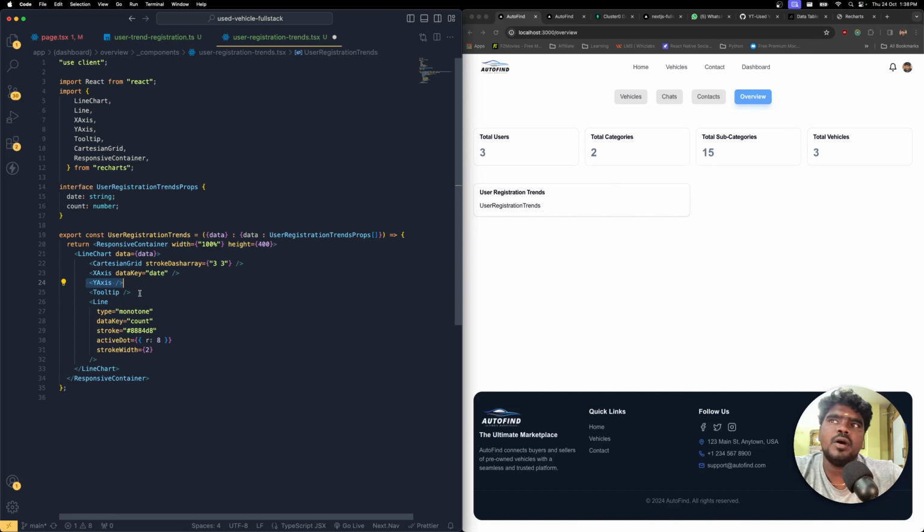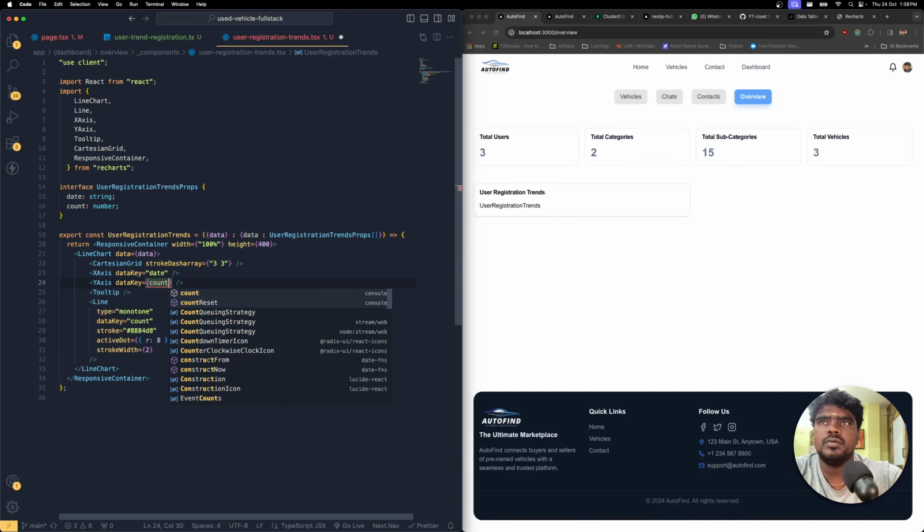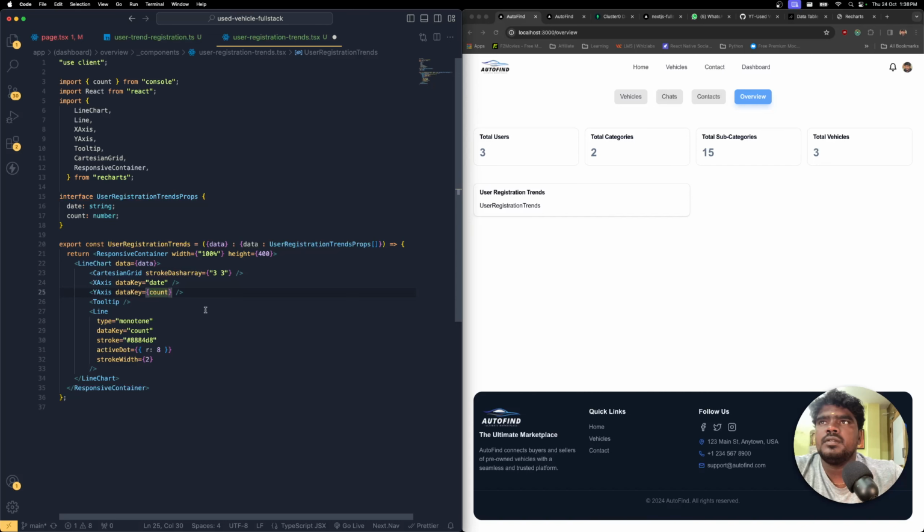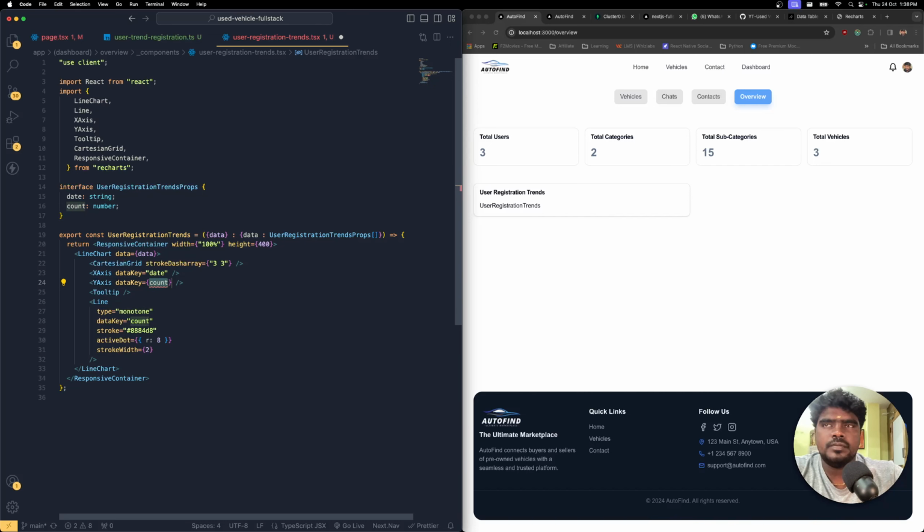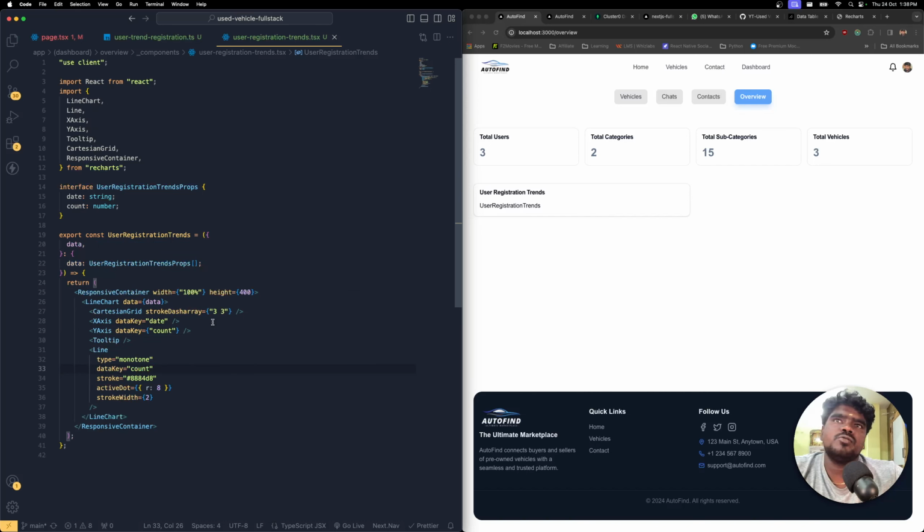For the YAxis, by default it's going to be count, and the Tooltip, if you wish to supply the date key, you can keep the count over here. Count. Tooltip and all these things. And if you save these changes,